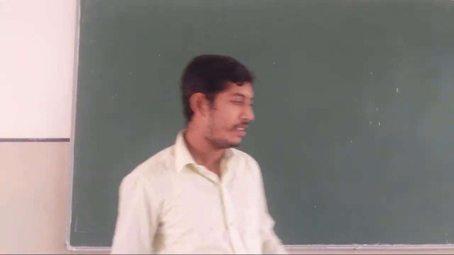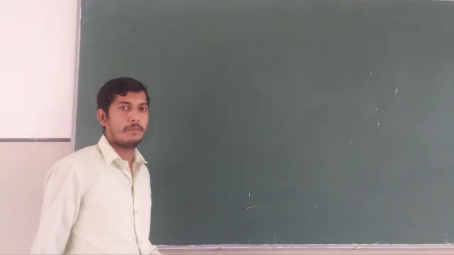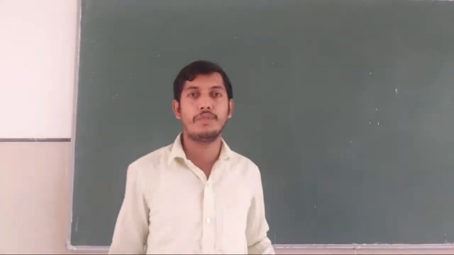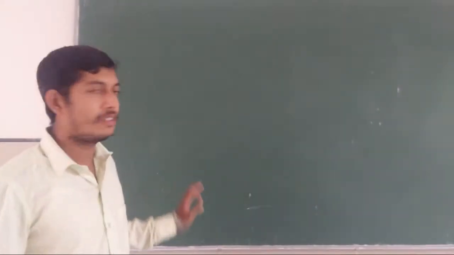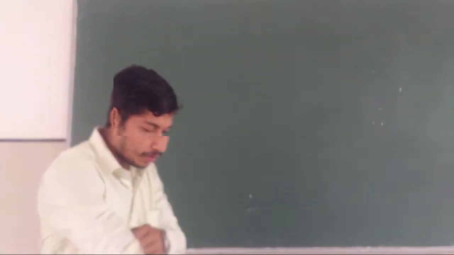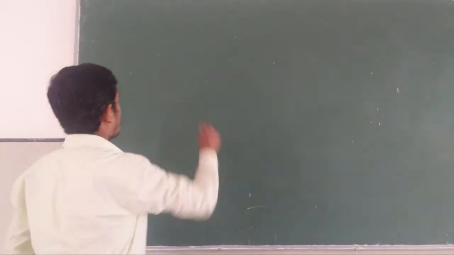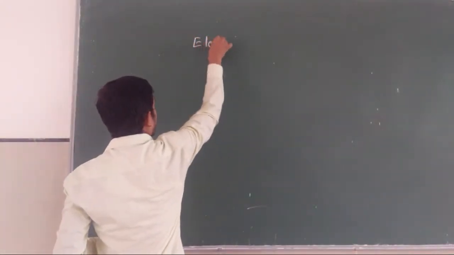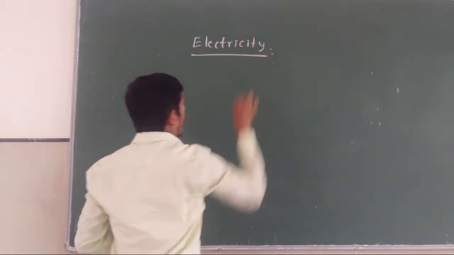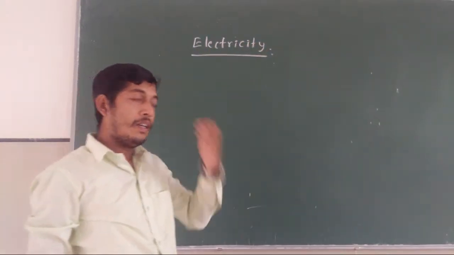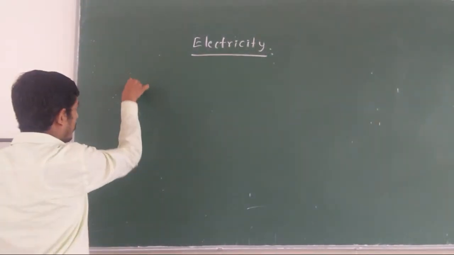So in the previous class, we learnt about the basics, that is how electricity is produced and what are the basic components of an electric circuit. So now we will draw a small circuit diagram. That is simple, given on page number 94, chapter Electricity. On page number 94 they gave a circuit diagram,